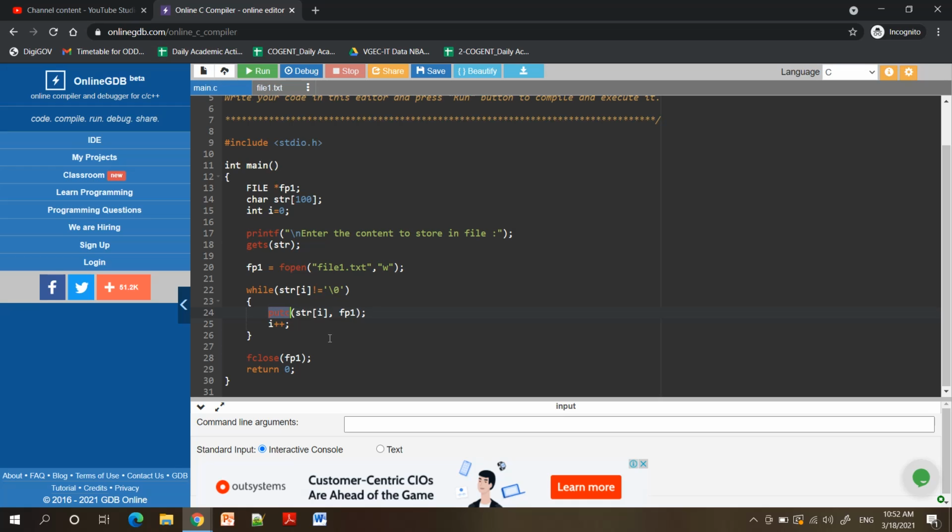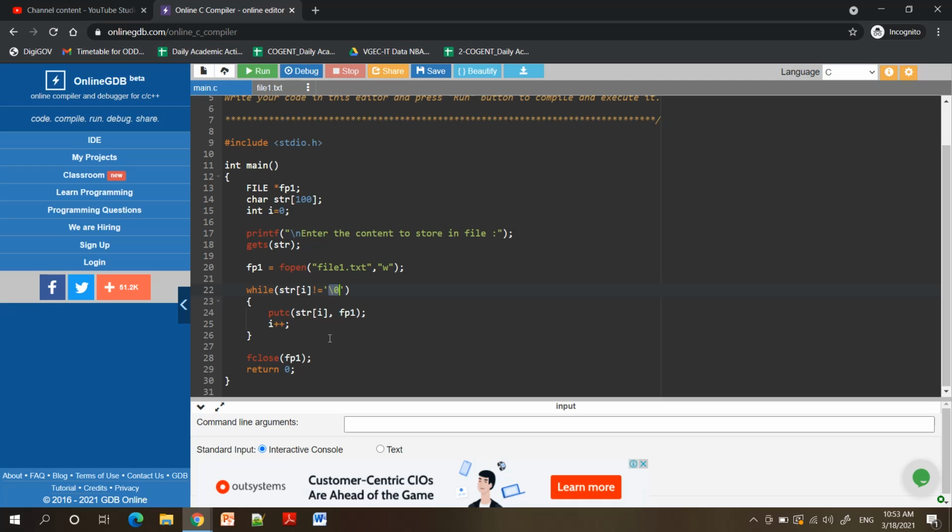So what we are supposed to do, until when we need to write the content into the file? Until our string becomes empty, or we can say until our string reaches the null character, because during the discussion about strings we have seen that all the strings are terminated by the null character.